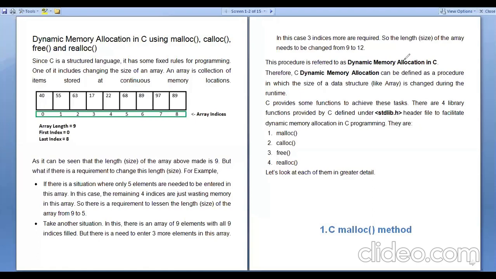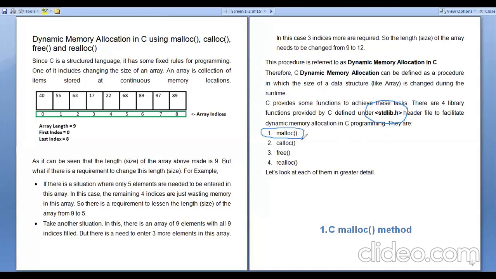Arrays are static, they need to be declared at the compile time. But whenever we need a dynamic memory allocation, we need to allocate the memory dynamically. In the dynamic memory allocation, we can allocate memory at runtime, or the user may give some input for that, and we can allocate the memory. For using the dynamic memory allocation, we need to include the file stdlib.h.